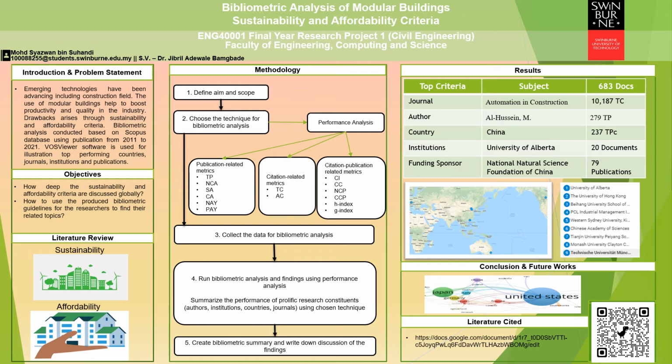For example, University of Alberta, Canada is the top institution that published the most documents out of the other institutions. We also know that China is the top performing country in different journals, and they also dominate in this modular building field with